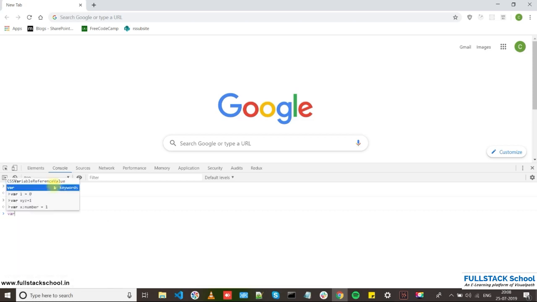Try one more time. Var, take it as j now. j equals 100, enter. Now try to see the value of j, 100. So this is a simple thing that we are seeing in the browser. If you are following with me now, you have typed your own variable and given it a value, and you have shown that in the console also. This is a very big thing that you have taken your first step here.